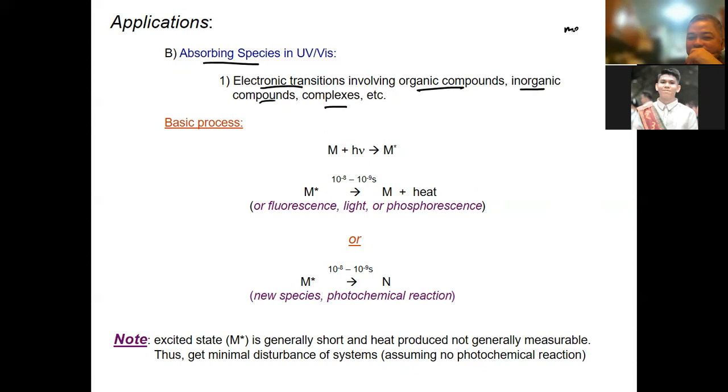We could include the metals. So if we look at the basic process, you have your sample, apply it with light. So there's an electronic transition. So this sample that was applied with light can give up the material in